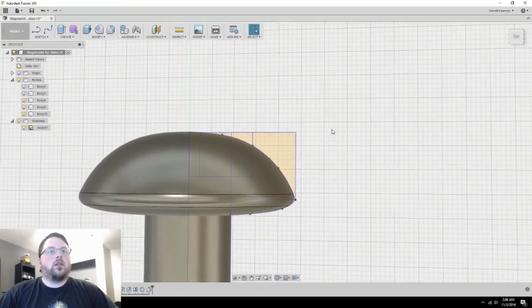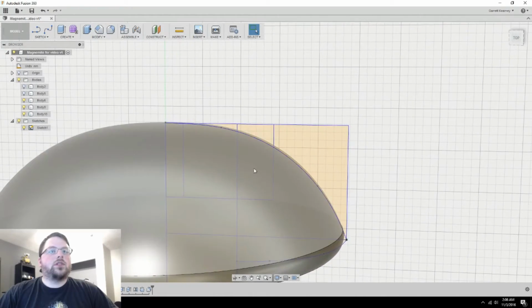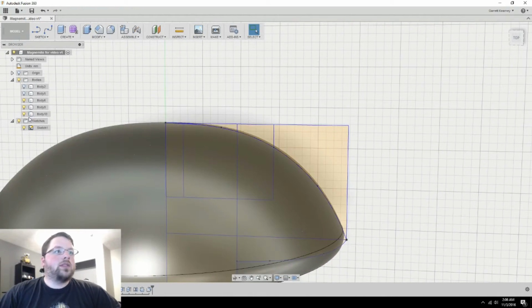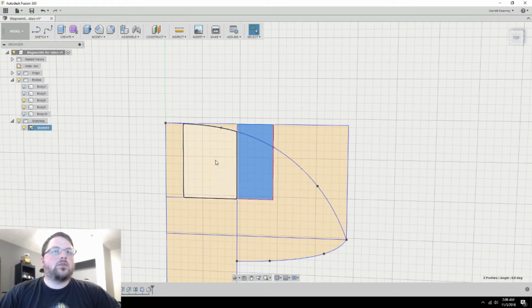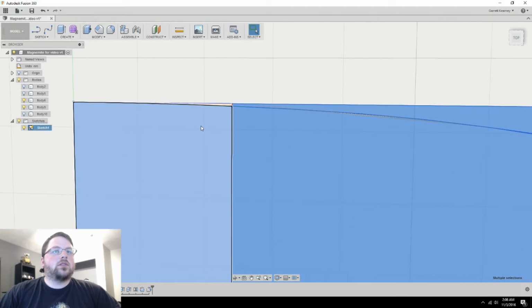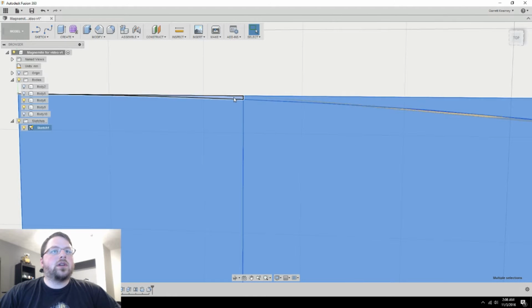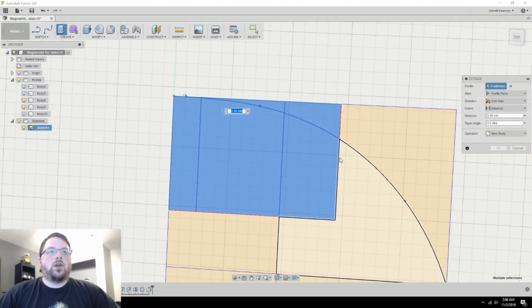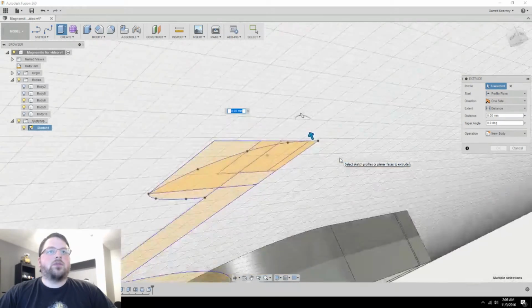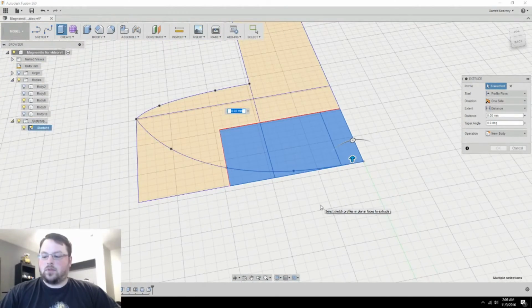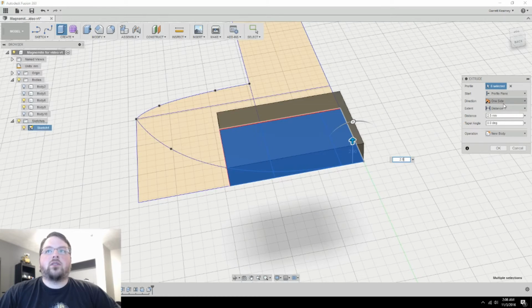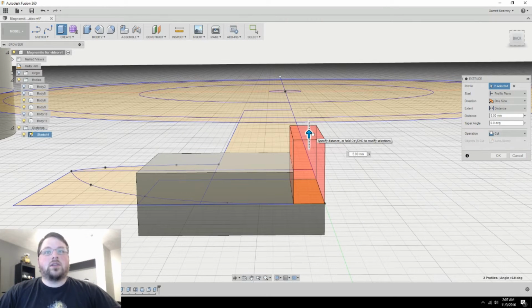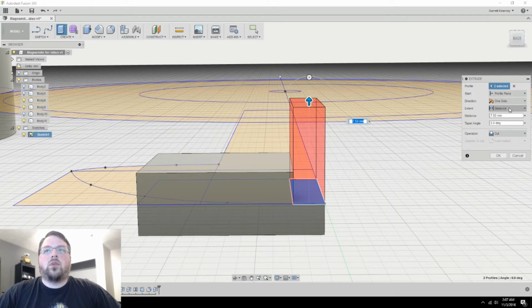Okay, and then we can add the little indentions into the screw here. So I'm going to hide this just to make it easier to select stuff. And I'm going to select all of these, and it looks like there's a little guy right in here that we'll need to select as well. Okay, I'm going to go ahead and press pull, and I want these to be 5 thick, but we're going to do symmetric, so I'm going to go 2.5. So I'll pull this up, and I think we wanted this to be 15, so I'll go 7.5,